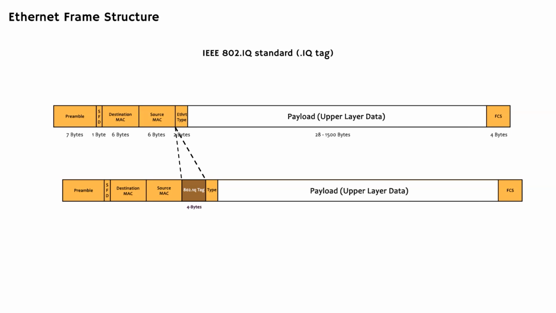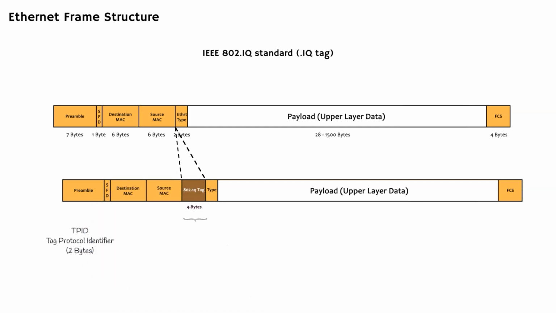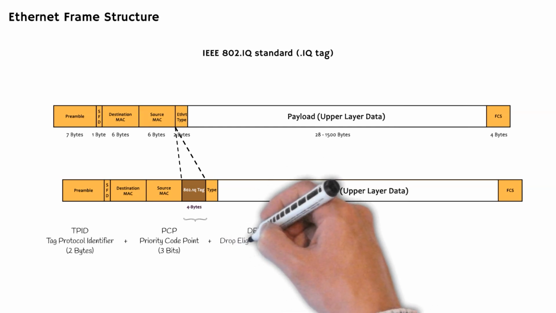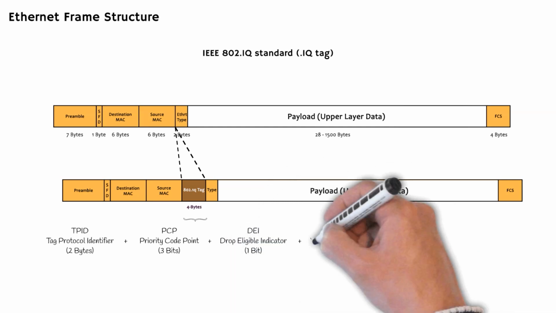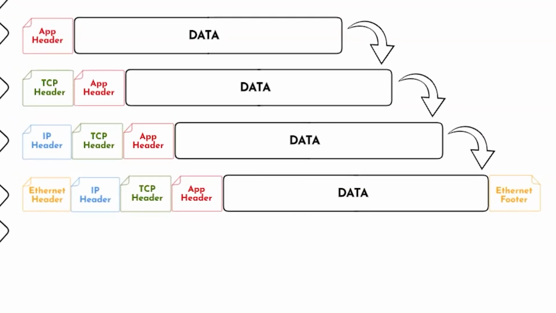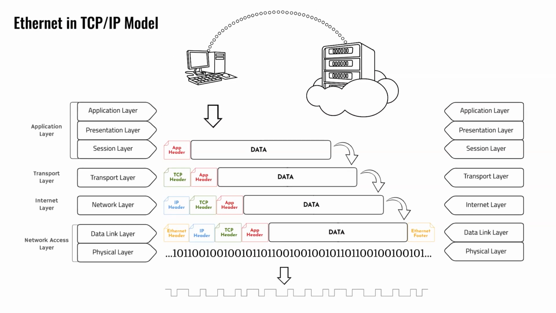The .1Q tag includes the tag protocol identifier to indicate that the frame is VLAN tagged, the priority code point for QoS priority, the drop eligible indicator for congestion handling, and the VLAN identifier to specify the VLAN to which the frame belongs. This is the final encapsulation in TCP/IP model. The data is now in the form of frames, ready to be transmitted over the physical medium, like an Ethernet